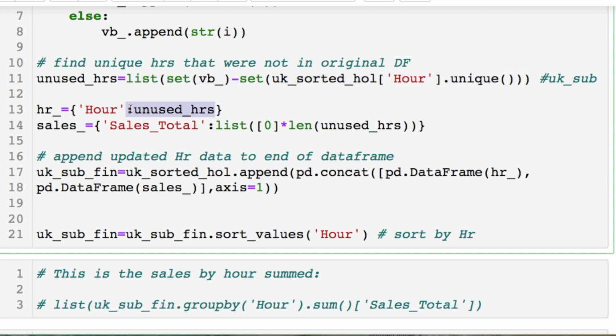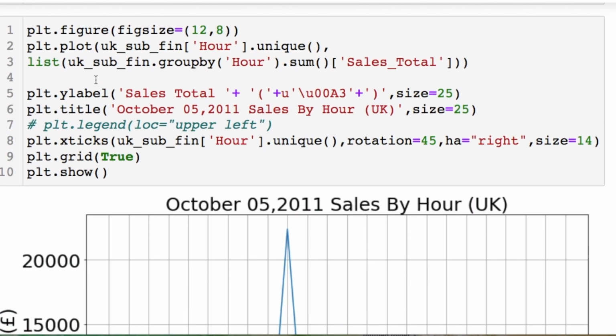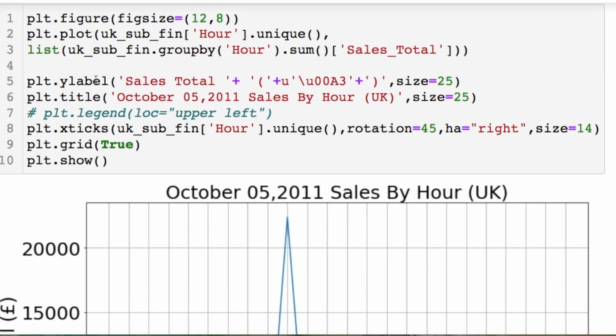Then you chuck that in and create a dictionary with your values as a list. And then we have to create the sales totals. There were 0 sales in that time, so you need to make the length of that new list of values the same as this, so your data frame will match up later. Then concatenate everything together so you have all of your columns. From there we do our plotting, same as what we've been doing before.